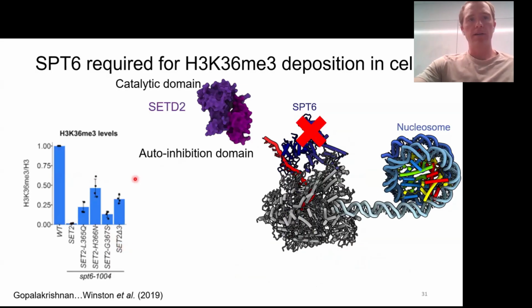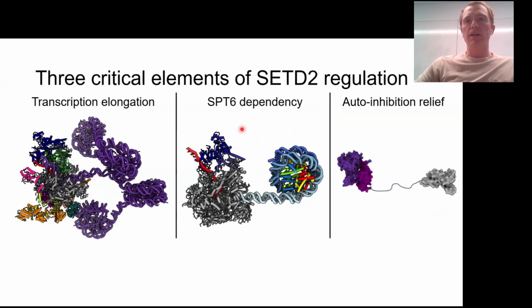the Fred Winston group demonstrated not only mutations in that SPT6 leads to global loss in H3K36 trimethylation, but the only way that they were able to rescue H3K36 trimethylation was by mutating SETD2's autoinhibition domain, suggesting that there might be some type of link relating SPT6 to SETD2's autoinhibition domain. But exactly how that is currently unclear. So that leaves me with these three critical elements that regulate SETD2's function that need to be further explored, which is that transcription elongation is required for SETD2. It has some type of dependency on SPT6, and in the grand scheme of the reaction, SETD2 needs to be